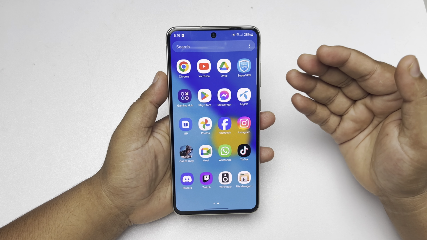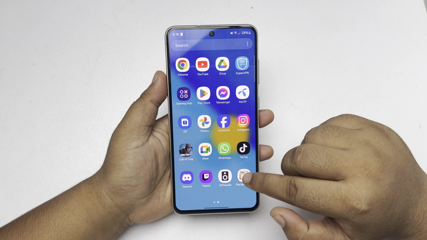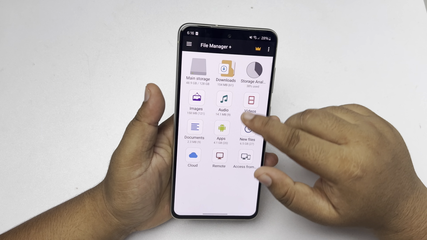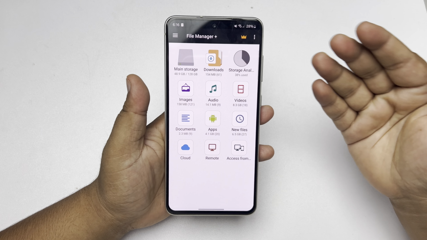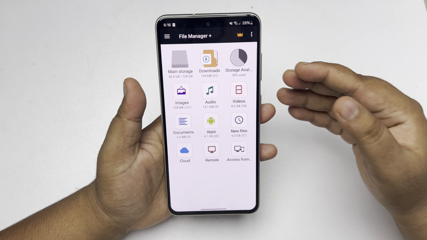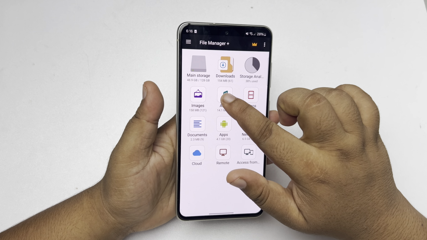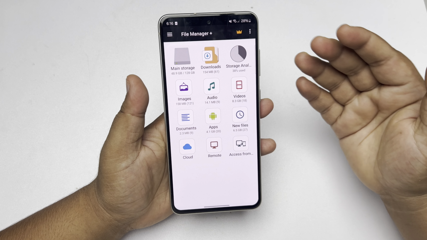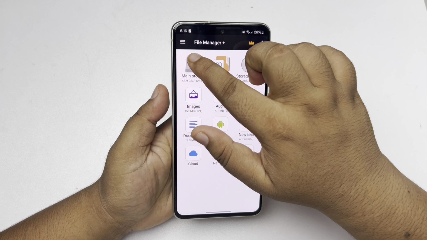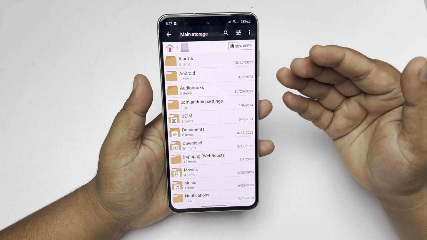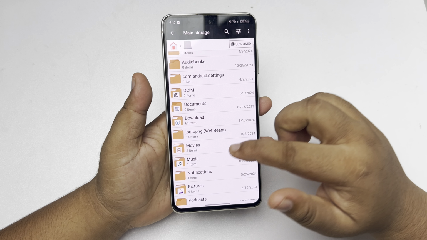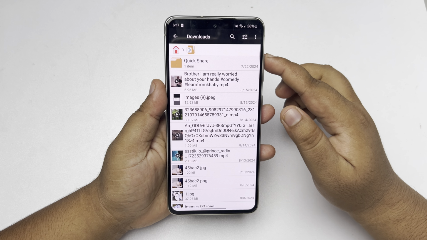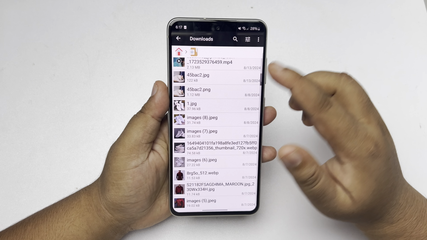So from your app library, go ahead and open the File Manager app that we just installed. And now you will directly jump into this interface. Here, if you want, you can select audio files, images, videos, apps, or documents to make zip files. Or you can tap on main storage and manually find your files from your internal storage. In my case, I'm going to open the downloads folder, and here I'm going to hard press any of